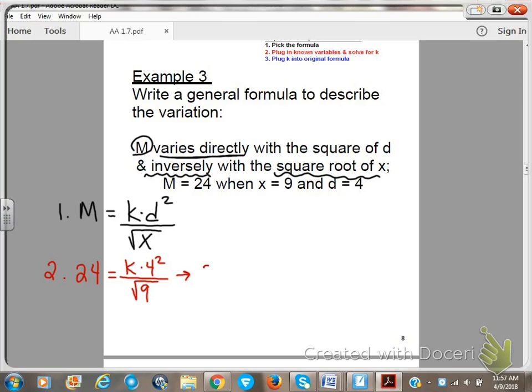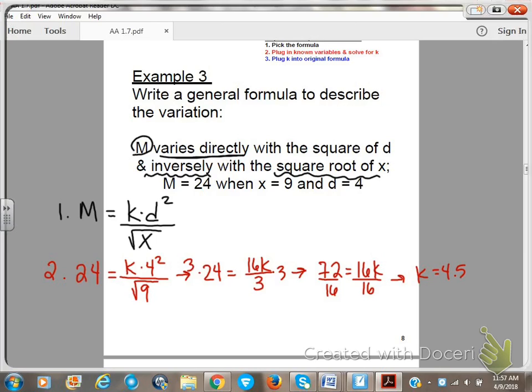So this is going to look like 24 equals 16k divided by 3. We've got a fraction. We need to get rid of that. We'll times both sides by 3. That gives us that 24 times 3 is 72 equals 16k. To get rid of that 16, we'll divide both sides by 16. K equals